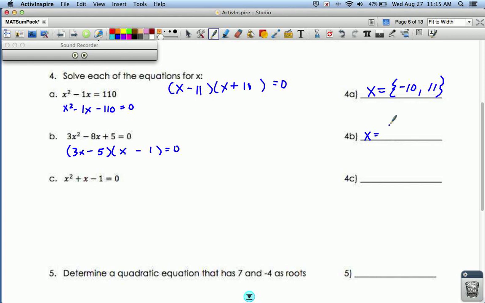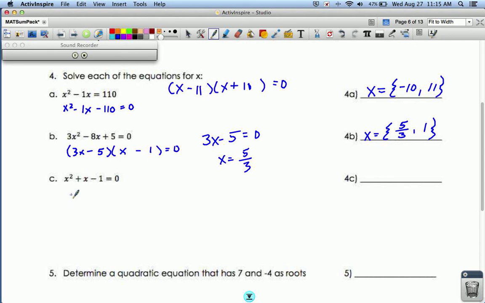So we get x equals, remember we had to zero these out, 3x minus 5 equals 0, which means x equals 5/3. Add 5, divide by 3. And this one, obviously, x minus 1 equals 0, which means x equals 1. And here,